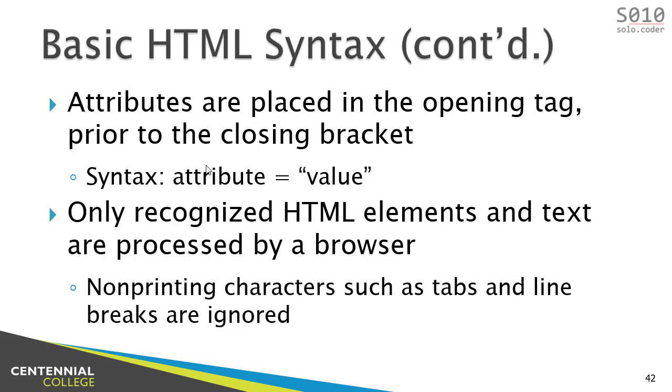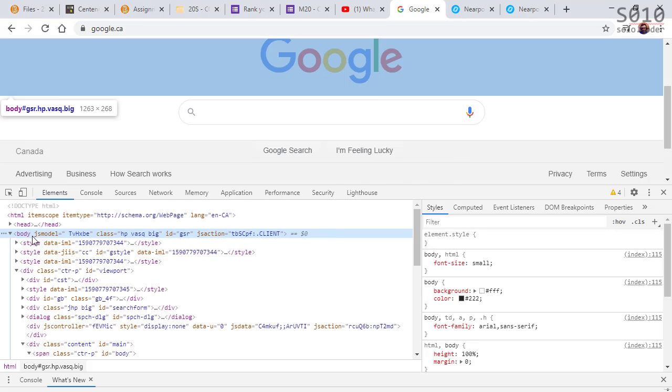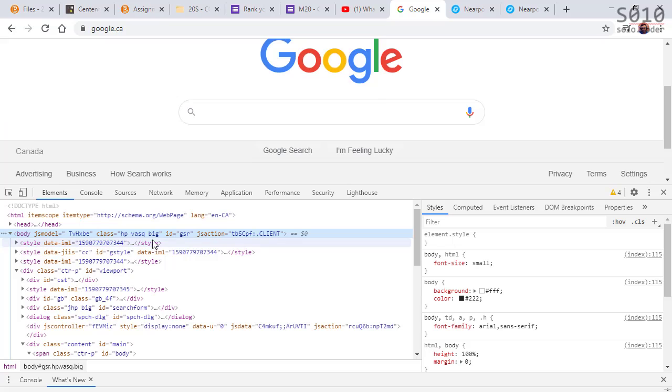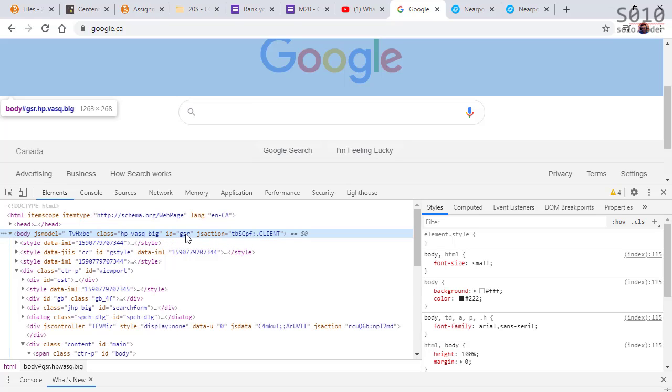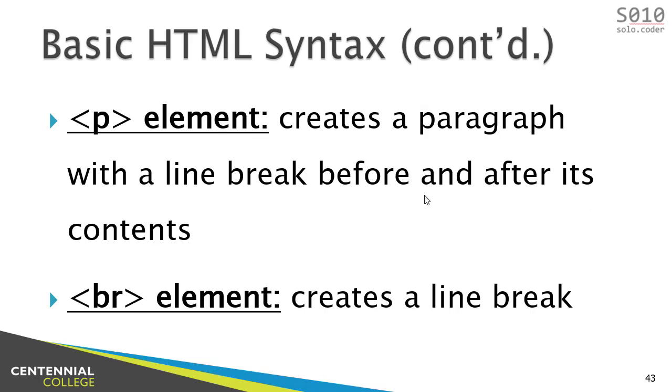Tags as well, they have attributes. Here we have a few attributes. For example, the body has this class attribute, this ID attribute, and the value. Those are attributes. You have the attribute and the value. The attribute and the value. Just some examples of basic HTML paragraphs, line breaks,